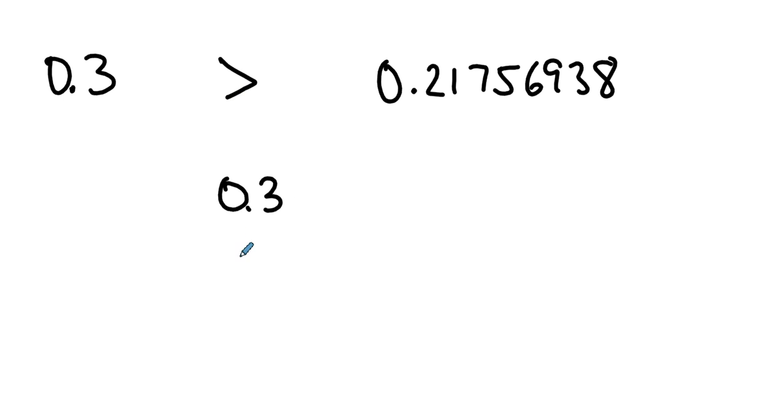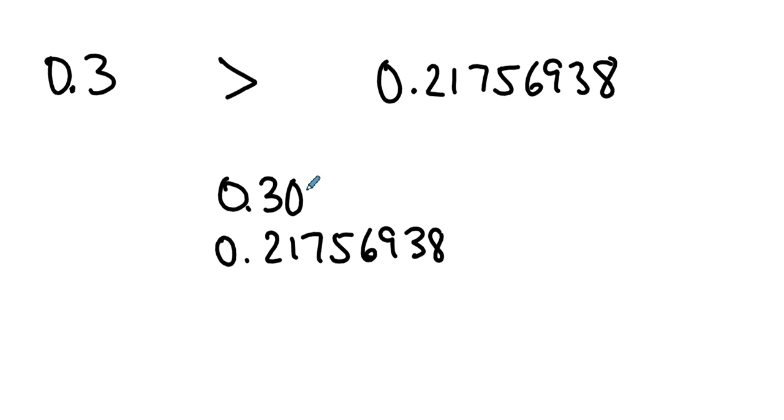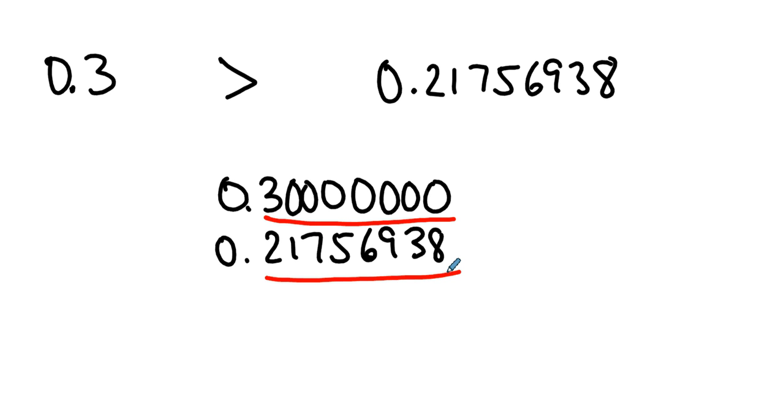Because if we were to compare them, 3/10 is 3/10 and zeros everywhere else. Well, this number is definitely bigger than that number, right? This number is much bigger than that number. This number is 30 million hundred-millionths. And this is only 21 million hundred-millionths. So 0.3 is definitely greater than